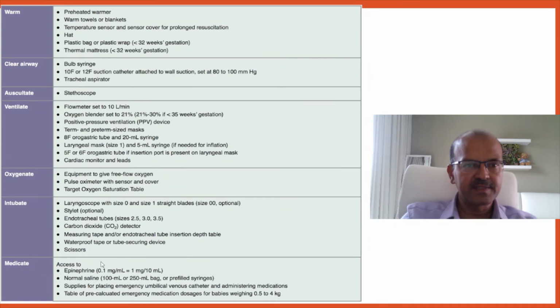In terms of medication, we need to have access to epinephrine. If you don't have 1 in 10,000, you need to keep it diluted in advance because you don't want to waste time. Normal saline, preferably pre-filled syringes. Supplies for placing emergency UVC and administering medication. You should also make sure that your crash cart has intraosseous needle for babies. And the table of the calculated drug dosages is